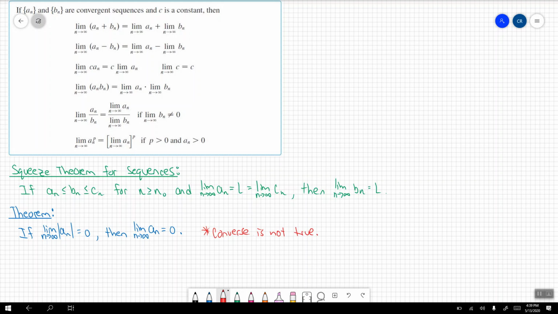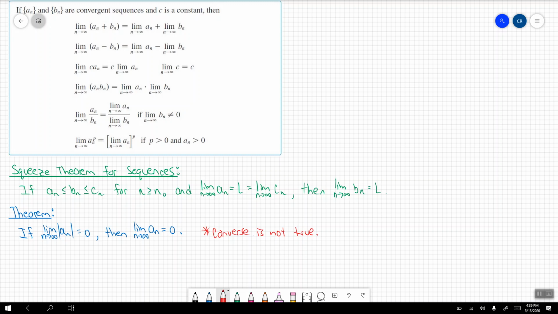Converse for a statement means if you work backwards. If you start here, say if you have the limit as n goes towards infinity for a sub n is equal to 0, will this part be true? And the answer is no, it is not going to be true. So this is not an if and only if statement that we look at, it's just an if-then statement. Let's go through a little bit more and start identifying a little bit more terminology